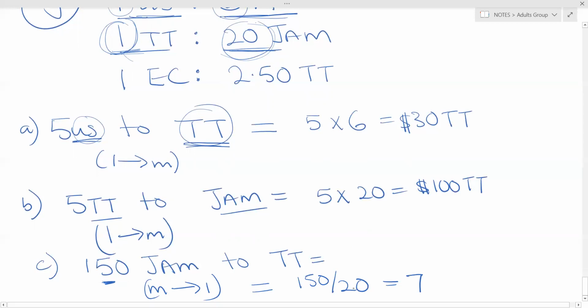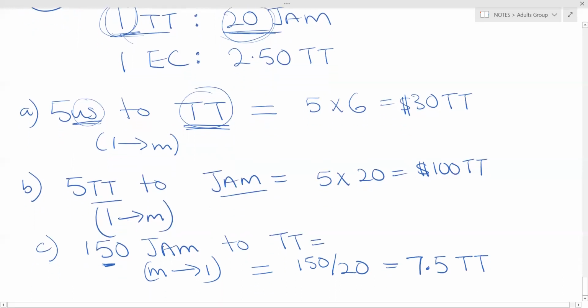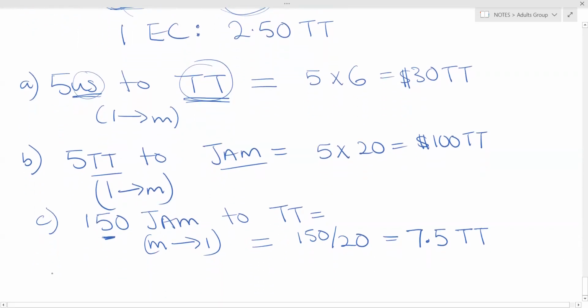You're following? Yes, miss. Right, so the 7.5 TT. So 7.5 TT I will receive from 150 Jamaican dollars. So let me do now